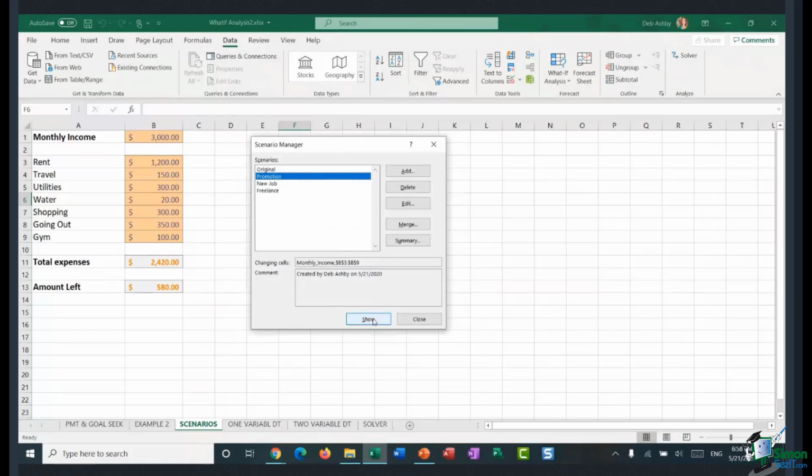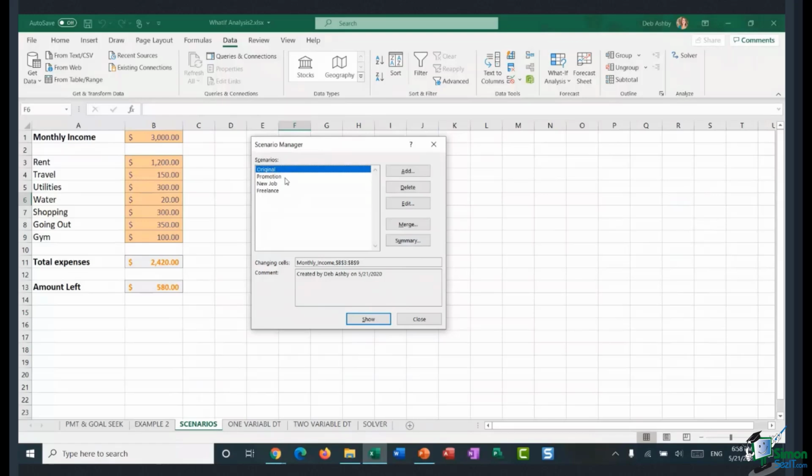So let's say show. All right, so I can now see that if I take that promotion, the amount of money I have left at the end of the month is 980, which is a lot better than what I'm doing now. What about if I take that new job? How much money am I going to have left? Let's see. Ooh, a lot better off. That's looking good to me so far. But what about freelancing? Let's see. Ooh, that's really not very good. So I can see there that for financial reasons, taking the new job is probably going to be my best option. Now that's all well and good, and I'm going to set this back to the original. But I don't want to have to keep switching between those different scenarios to see them.